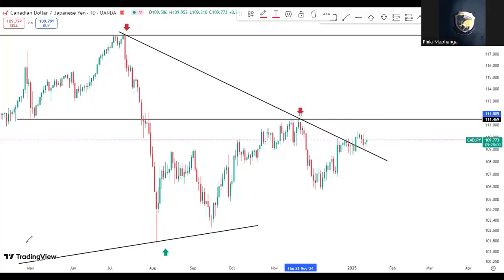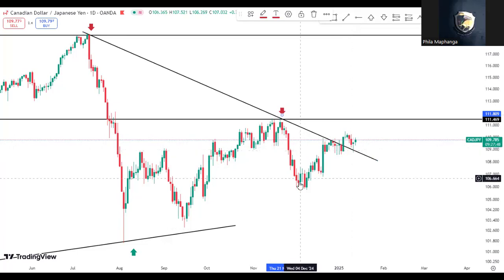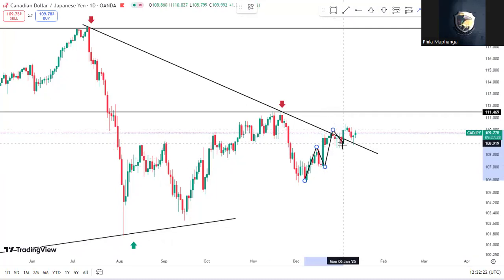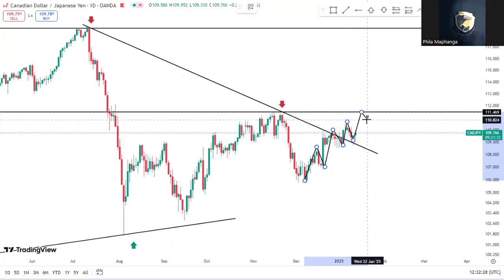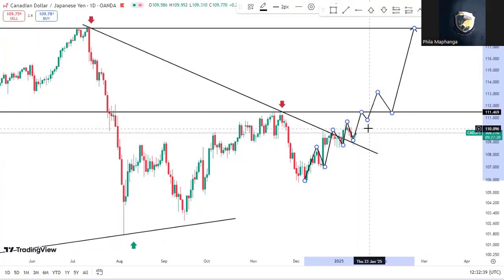Let's go and check again. What else do we see here? We see that the market went all the way up. It came back to test this broken trend line. Can you see that? Now, let's pay attention to the actual trend. Look at the structure. It went up, it came back down. It went higher, it came back down. You know the structure now. There might be possibilities that we break above as well and come down and test this level, up until we reach that level where we have a trend line on